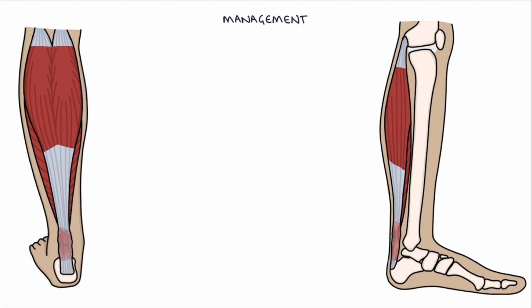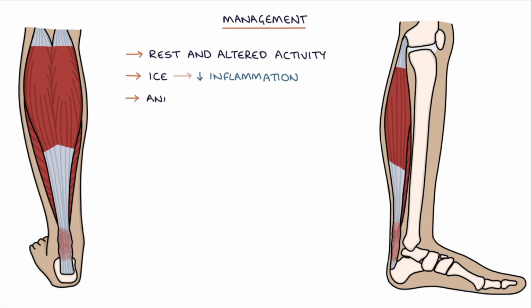Let's talk about the management options of Achilles tendinopathy after Achilles rupture has been excluded. The management options are rest and altered activity to allow the tendon to heal, ice to help reduce the inflammation, analgesia to help with the pain, physiotherapy, orthotics may be useful, for example, insoles in the shoes to take pressure off the Achilles,